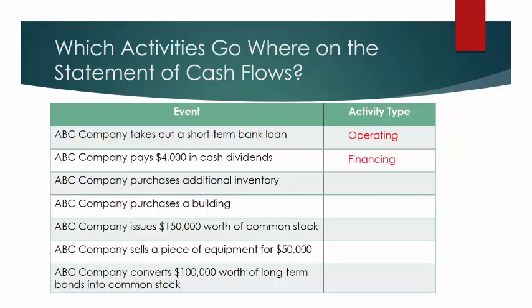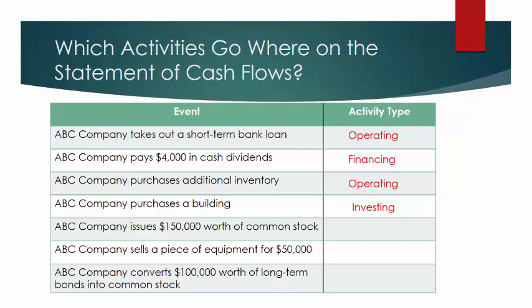If we purchase additional inventory in cash, assuming we're a retailer, that's a normal course of operations for us. It's also a current asset. We expect to sell that inventory that we are purchasing within the next year, and since it's a current asset, it's going to go in the operating section. If we made the cash purchase of a building, that's an asset. That's something that we are going to use to increase our profitability in the future, but we're going to do so with that particular asset for more than a year's time, which means since it's non-current, it has to go